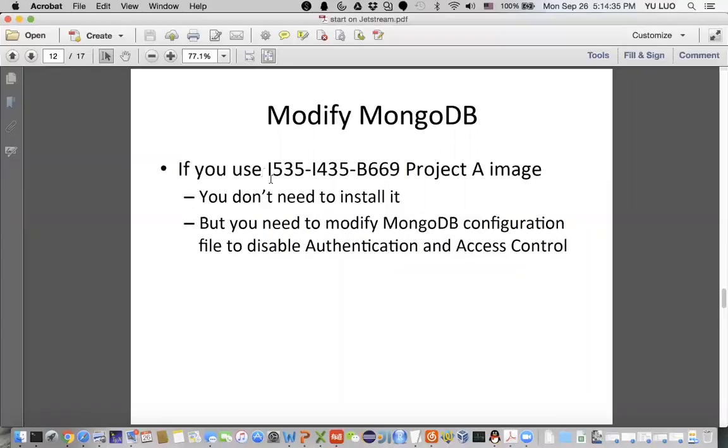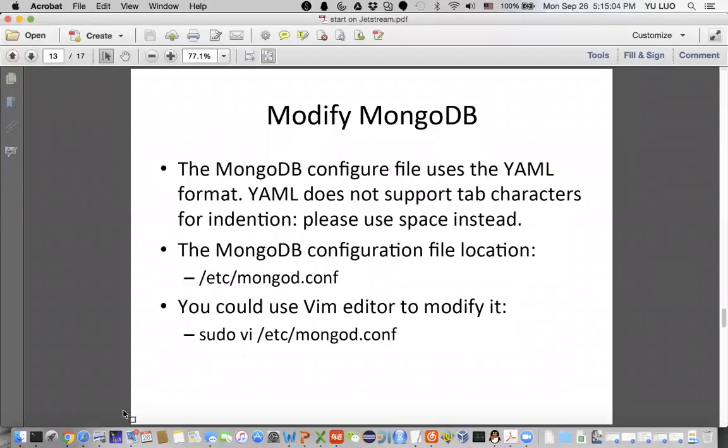So if you use the i535-i435-b69 project A image, you don't need to install MongoDB. But for this MongoDB, before we submit this MongoDB image to JetStream, we have to secure the MongoDB. It means we have to limit the MongoDB access. So when you get your MongoDB, let's check our